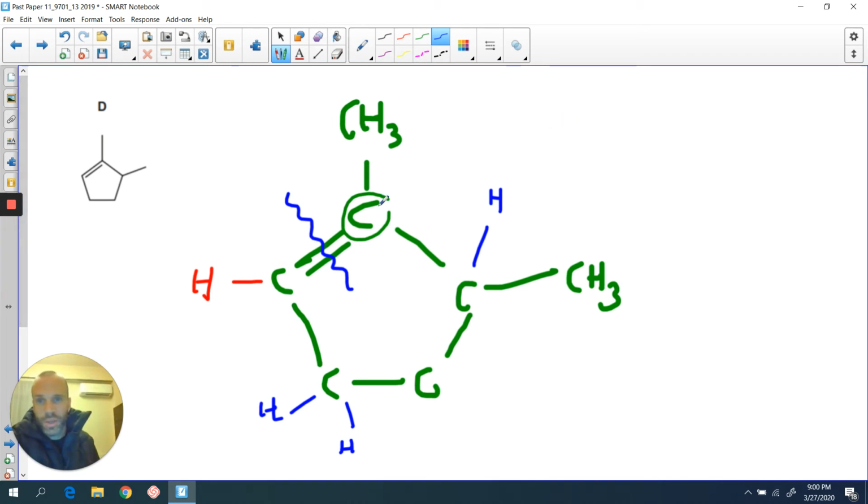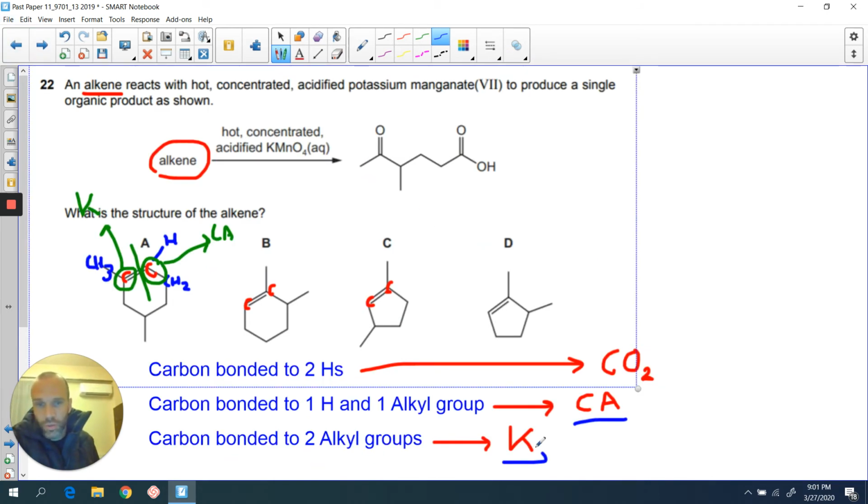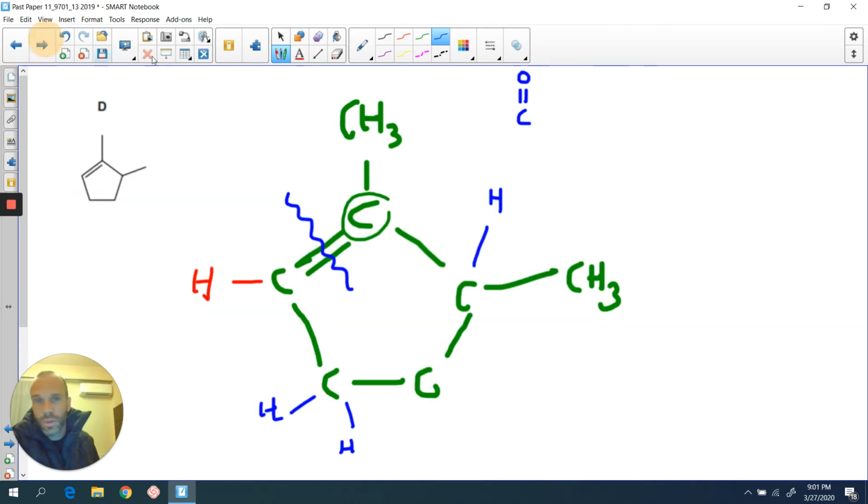So let's break that and let's start to draw it out. This is probably going to be very messy. I'm going to start across here, okay? So this carbon I know now is going to be forming a ketone because there are 2 alkyl groups. Go back to the rules. 2 alkyl groups, we're forming a ketone. So a ketone is going to look a little bit like this, isn't it? So we've got that,